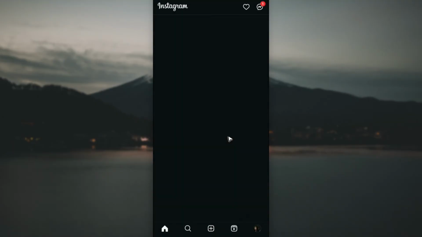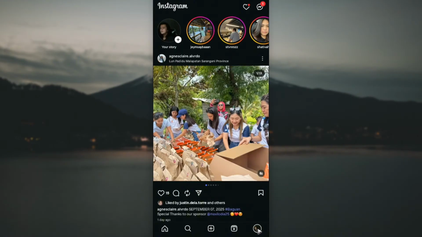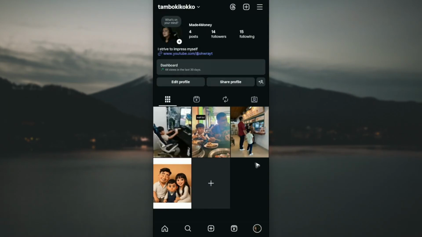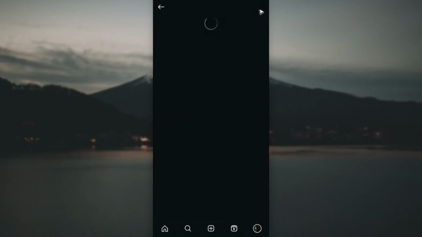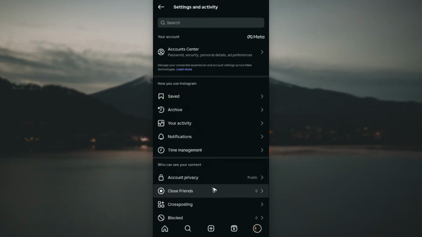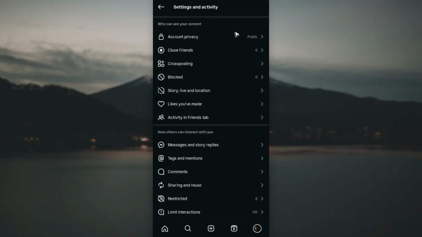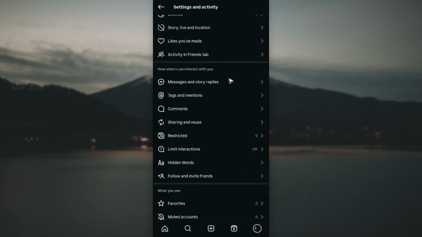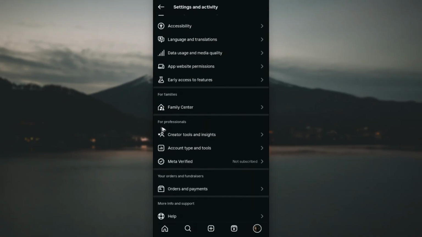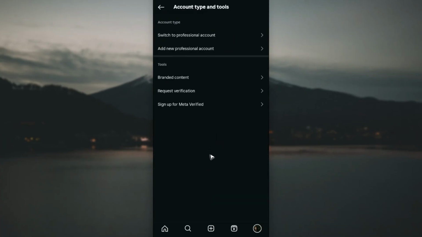Now, if that still won't work, just go ahead over to your profile right here at the bottom right. Now tap on the three horizontal lines. Okay. In here, just go ahead over to the section where it says Creator Tools right here. For professionals right here, just tap on Account Type and Tools, and then go ahead and tap on Switch to